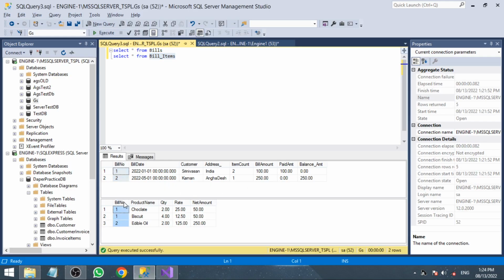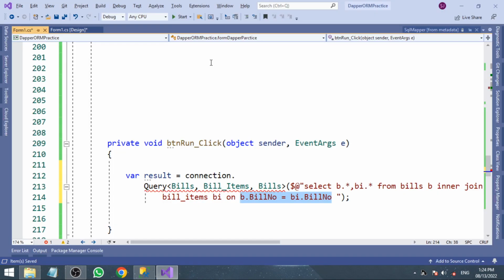You can see it is bill number. So we are going to relate these two tables by this column, bill number. So whenever we write the join query, we need to mention that column,